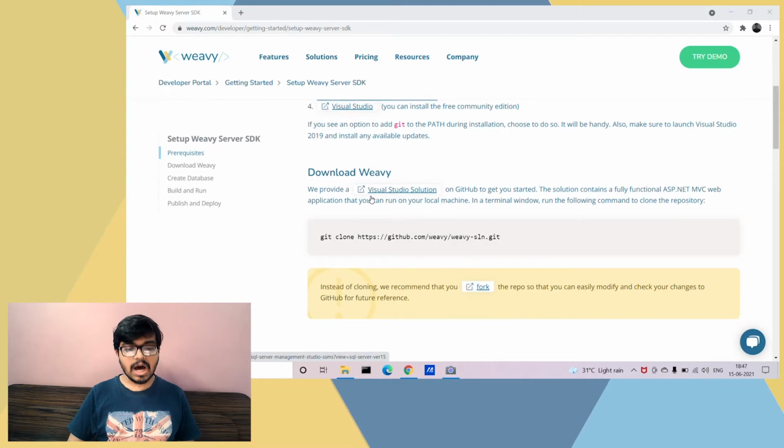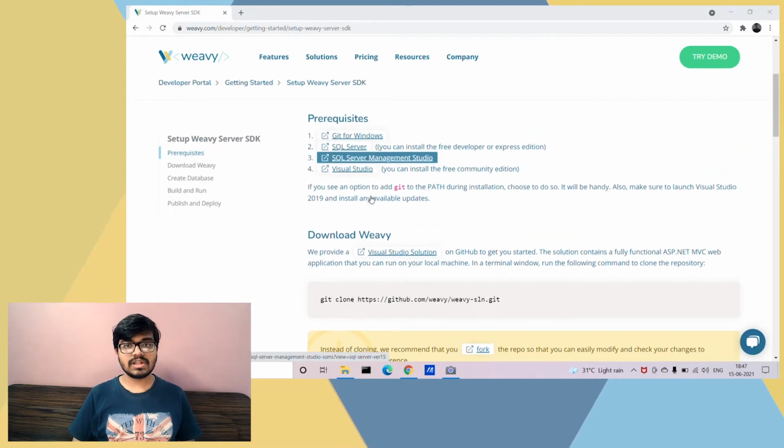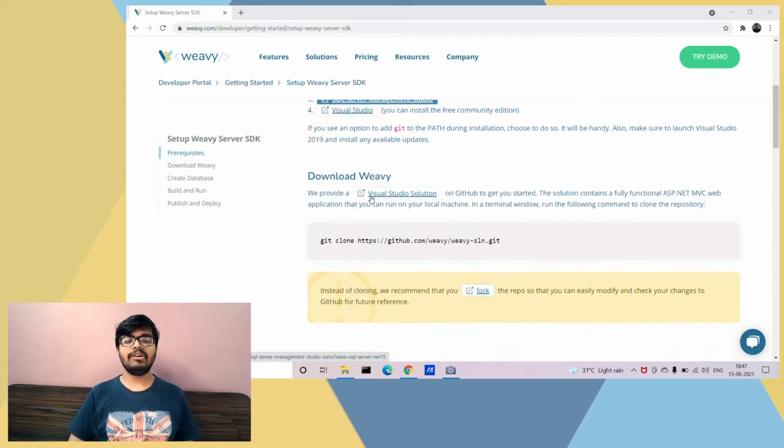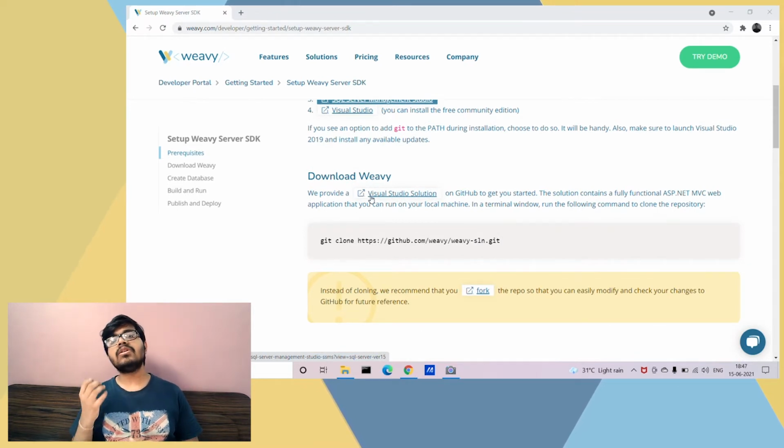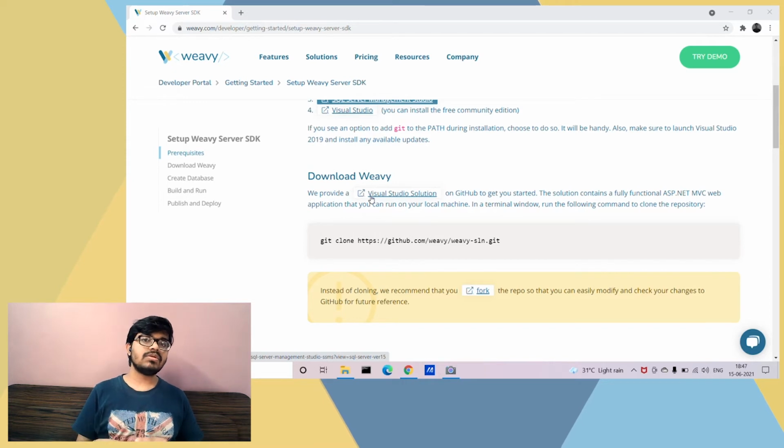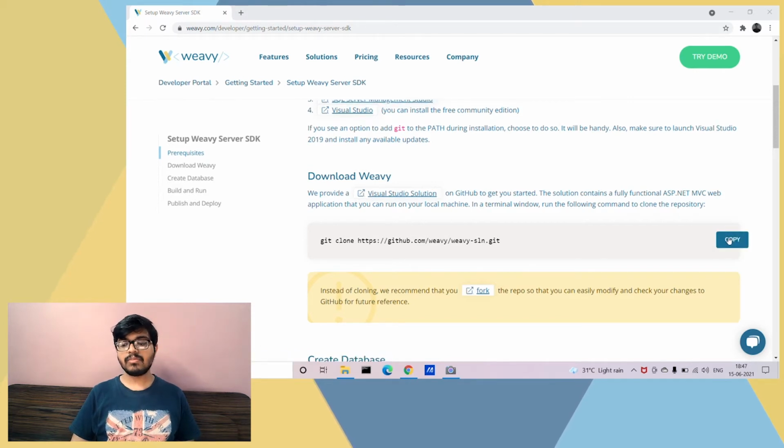Now I assume that the prerequisites are installed on your local machine and you're good to go. As the next step, we have to install the VV backend code. We have hosted the code on the GitHub repository. It is publicly available and you can simply clone that repo. The best advice is that you fork the repo so that you can build on top of it. You can customize the backend as you want, but to get started, let me simply copy this line of code